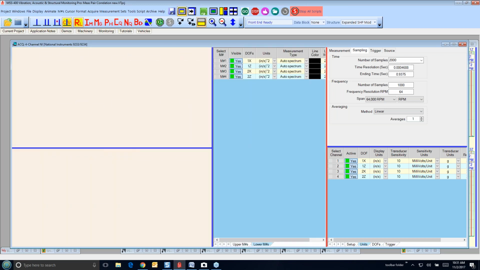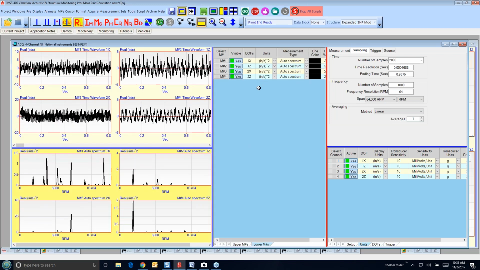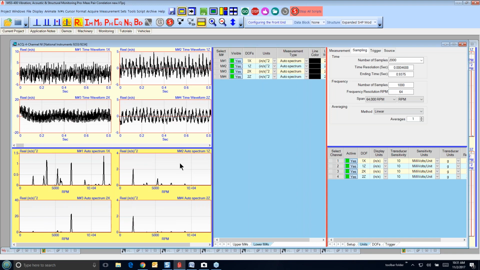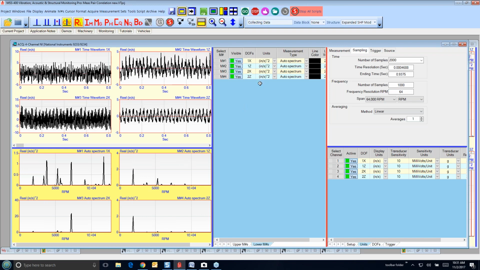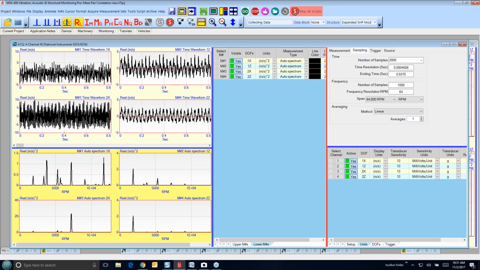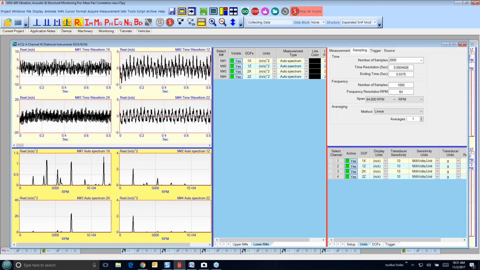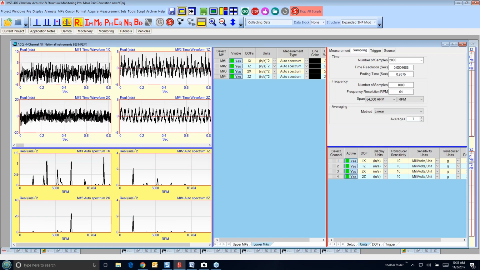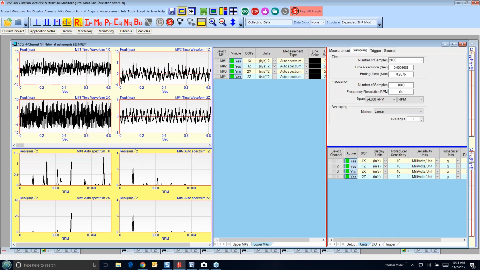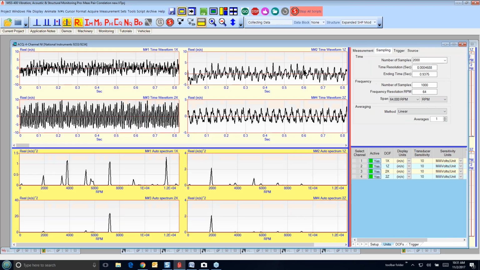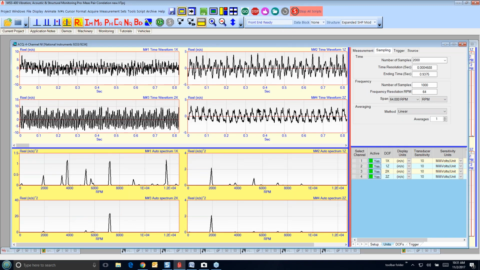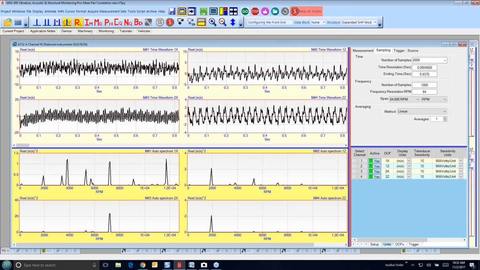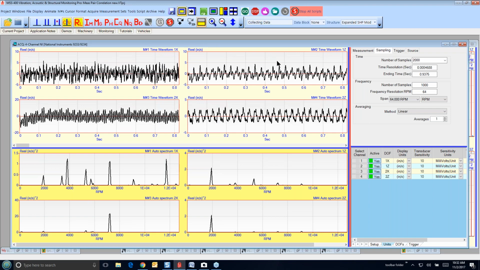Let me see if I can pull this out here. If I click down here, you can see the units of these auto spectra. They're still squared. We haven't taken the square root here, so they're inches per second squared. That's what we would call an auto power spectrum of each of the signals on the top. So let me go back here and put this back and show you what else is going on here. Let me just hit this key again, and it should put everybody back in the right place.